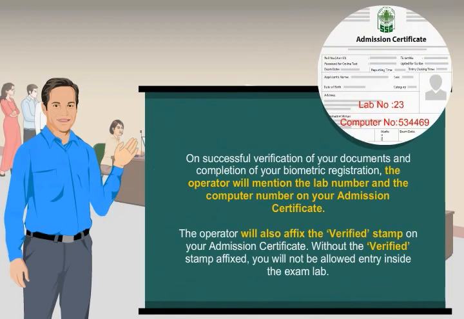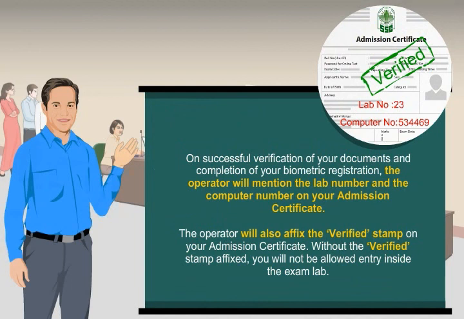On successful verification of your documents and completion of your biometric registration, the operator will mention the lab number and the computer number on your admission certificate. The operator will also affix the verified stamp on your admission certificate.